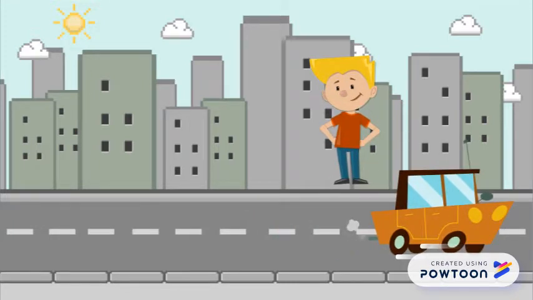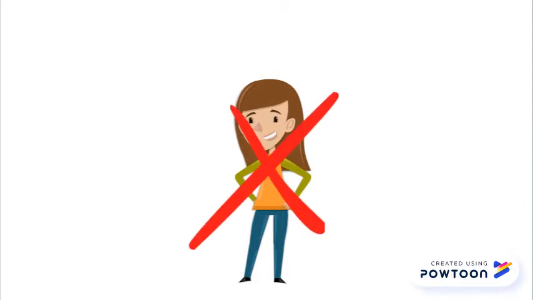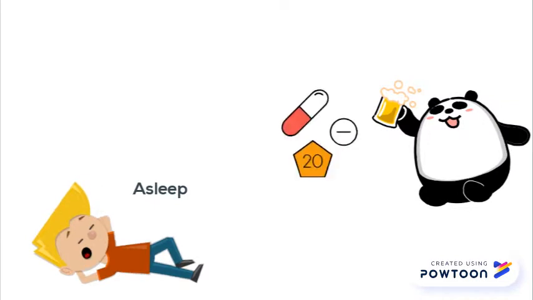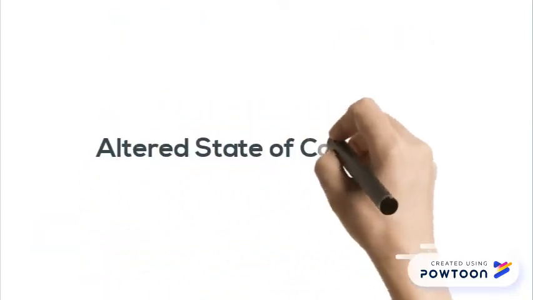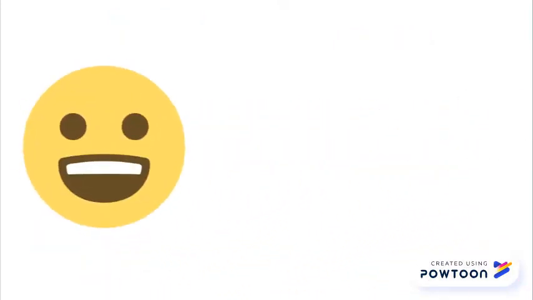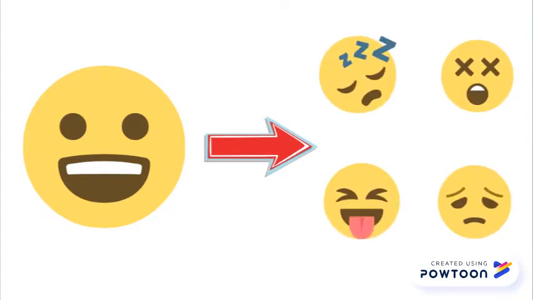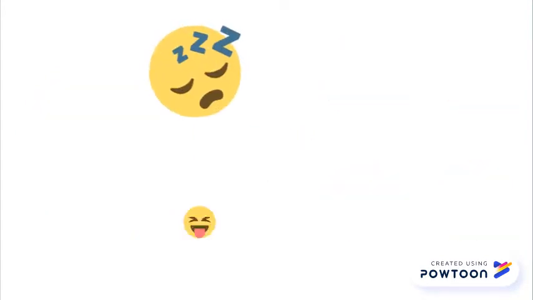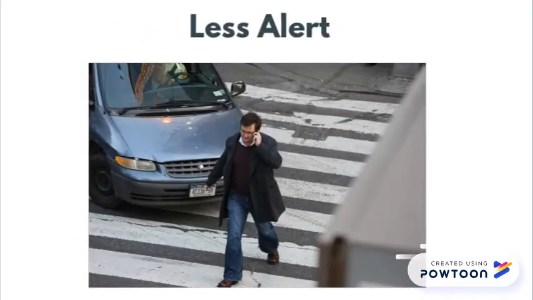Of course, being conscious isn't the only state that a human can experience. There are also different types of altered states of consciousness, which vary from waking consciousness and make our life rich. An altered state of consciousness occurs when people like us enter a different state of consciousness other than the normal waking state. During the altered state of consciousness, thoughts may become disorganized, uncertain, and you may feel less alert as